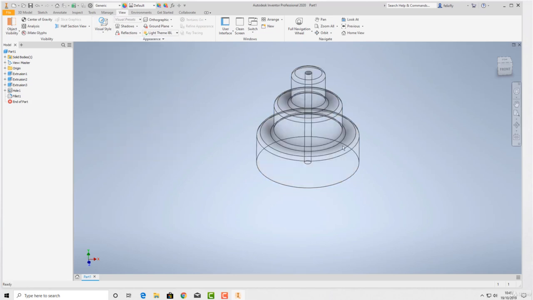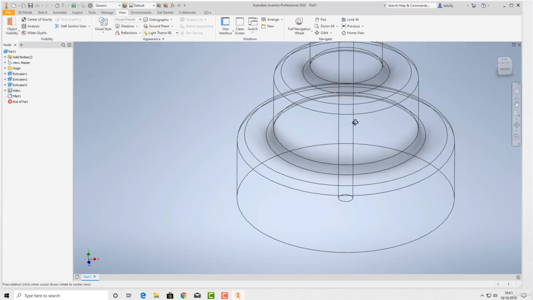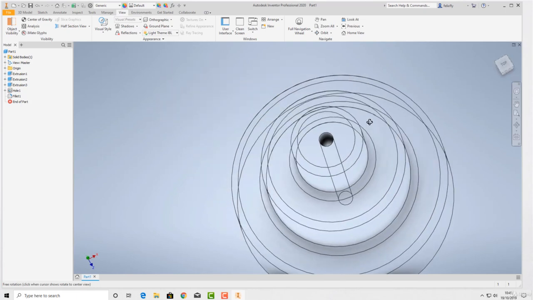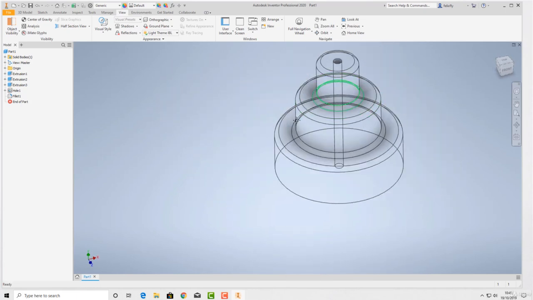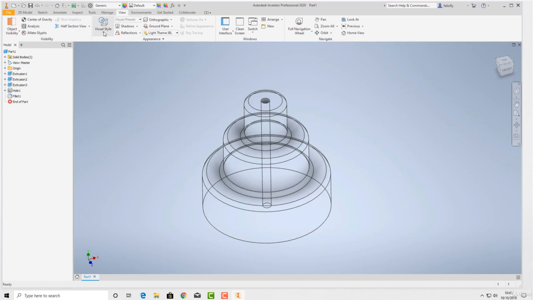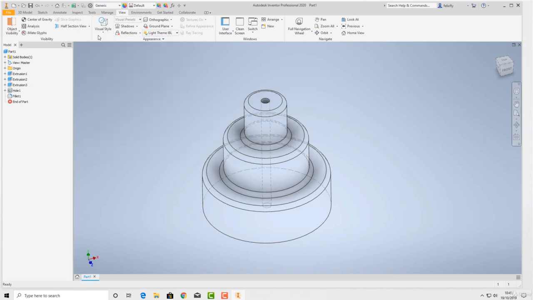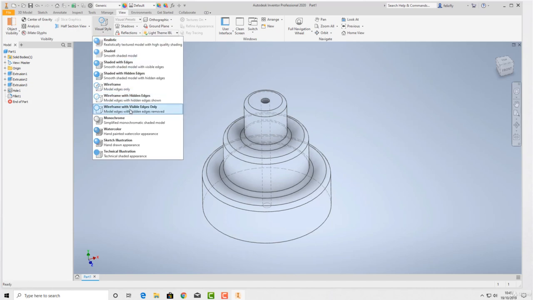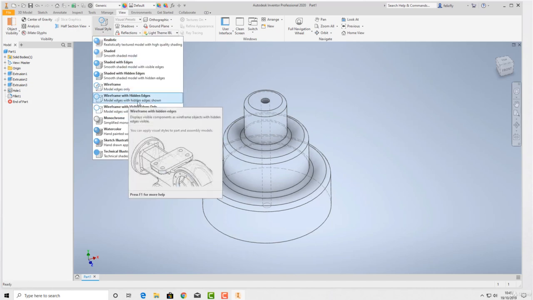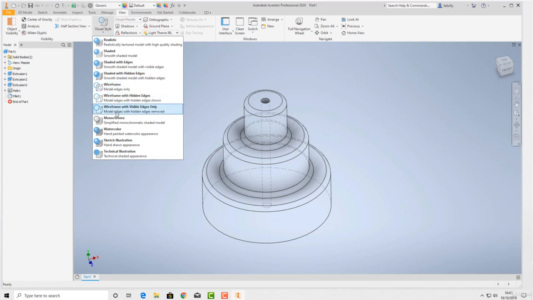And wireframe: if you really want to see inside something, you can turn on wireframe and that'll give you a good look inside. But it's hard to see what's inside and outside sometimes, especially on a complicated model. And then you've got, obviously, wireframe with hidden edges. The main things are the hidden edges on and off, wireframe or shaded on and off,